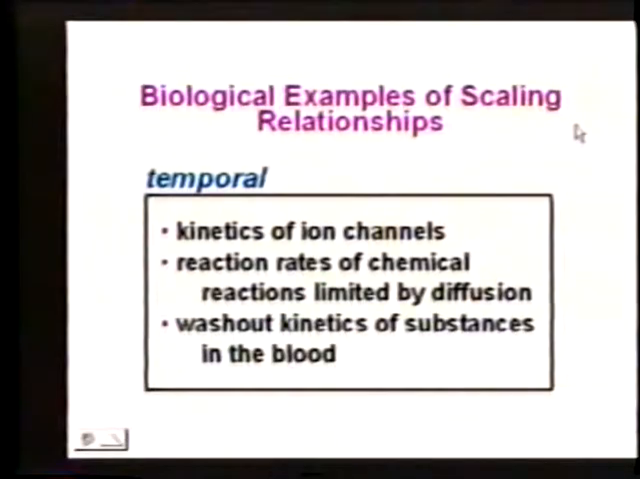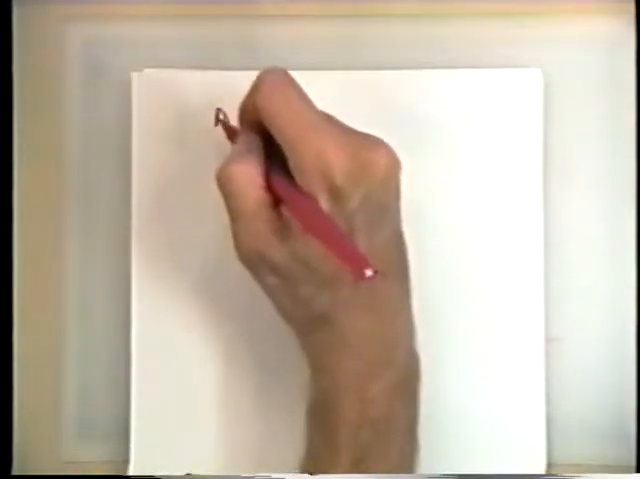People have also looked at scaling relationships not only in space but in time. We've seen the kinetics of ion channels. Another example are the rates of chemical reaction limited by diffusion, which I think I talked about last time. But maybe I'll say a few more words again, because there's a lot of work been done on this, and it's interesting. And it also shows how the normal assumptions we make are ideas we don't always realize. So let's say we have a chemical reaction where